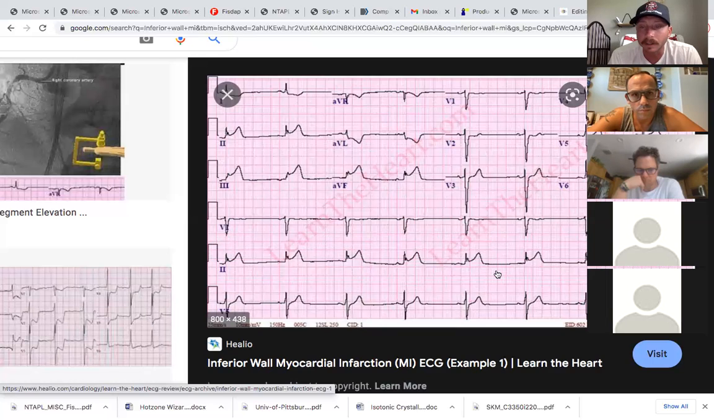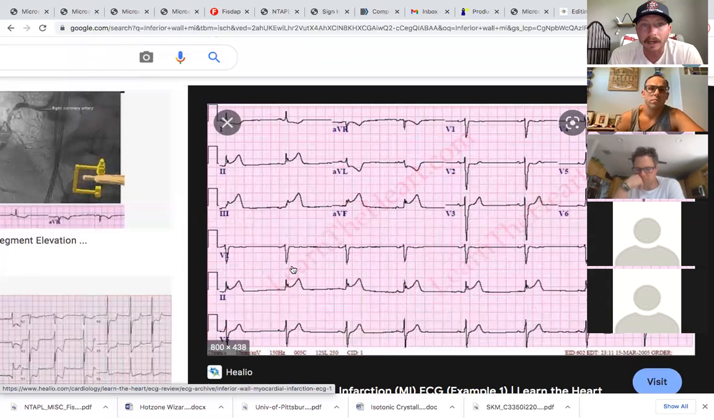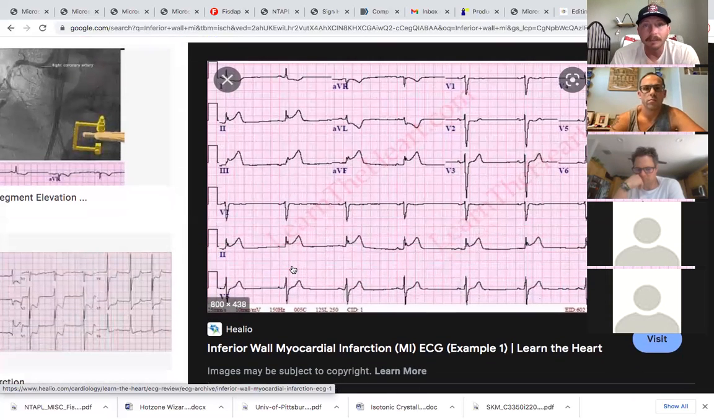My R to R is regular, so I don't have any ectopic beats. And my rate is 1, 2, 3, 4, 5, 60 beats per minute, so it's sinus. And I move into now my ischemia injury